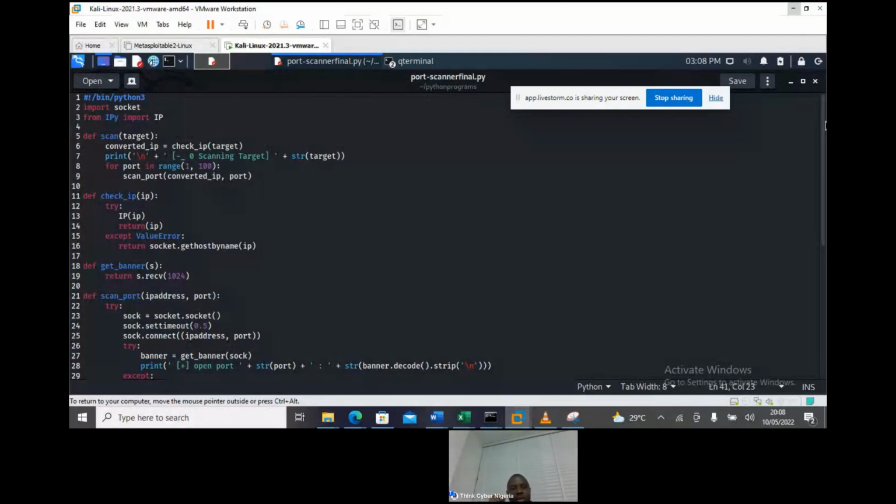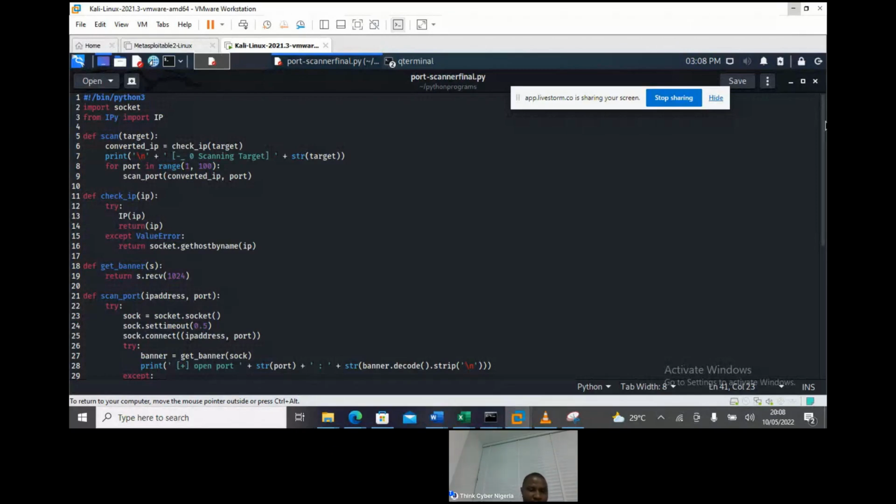That's the value error that it will get. So by the time you are checking the IP and you input the website, it should return the IP address of the website. So instead of using NS lookup,